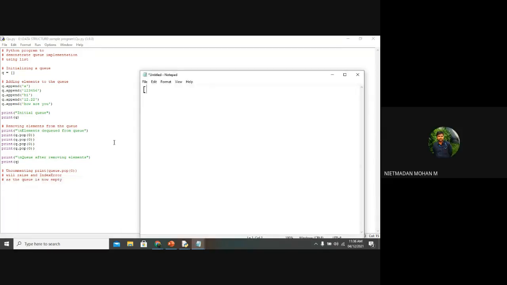Here you can see the first element will be A, 1, 2, 3, 4, 5, 6, whatever it may be, and hi, and 12.22, and how are you? Now the list has been created, and in this line I am going to remove the first index value element.